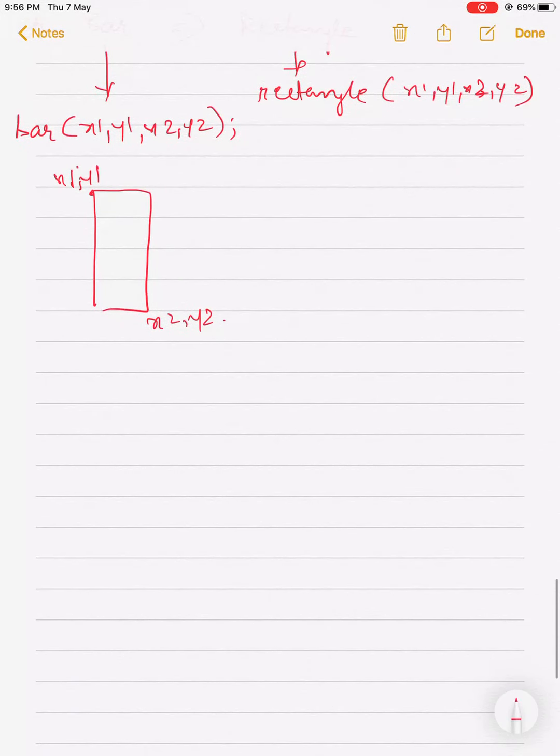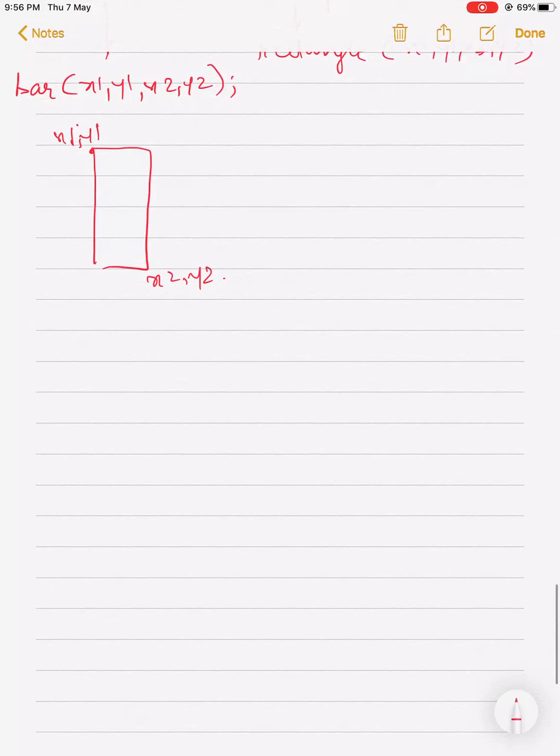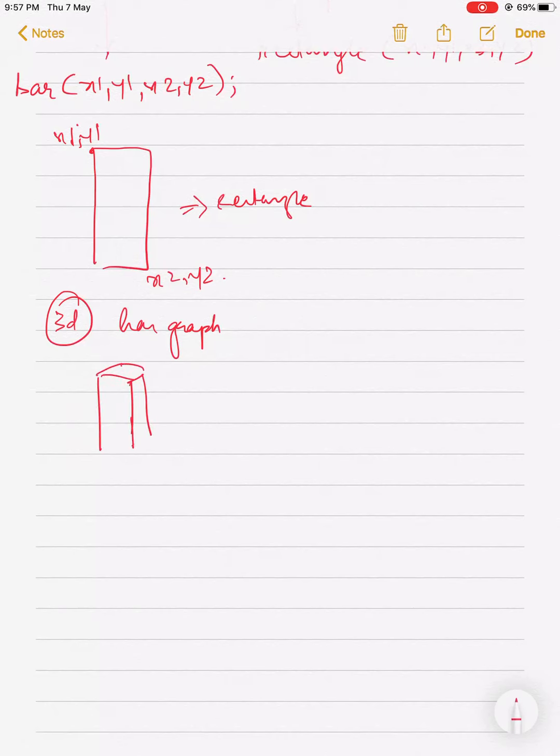But the facility that bar graph has is the 3D bar graph. This is similar to a rectangle, with the feature of 3D bar graph, that means the image will be like this. Yes, I'm a little bit poor at drawing.